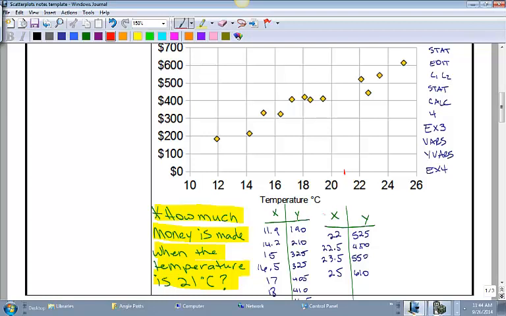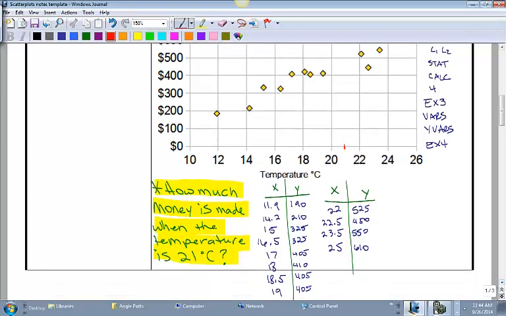Take a minute and jot down all of these values down here. I just made a T-chart. I had to break it into two parts because I ran out of room. But I created a T-chart just based on the data points in the table. Okay, so the first one is I went over about 11.9 and up to right there, which I said was about 190. Okay, if you and a partner were doing this, you might disagree on the exact numbers. We're having to make estimations. So pause me right now, jot down that table of values, and then when you come back, we're going to